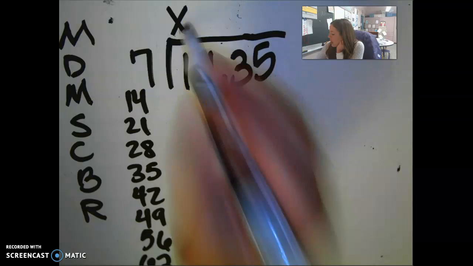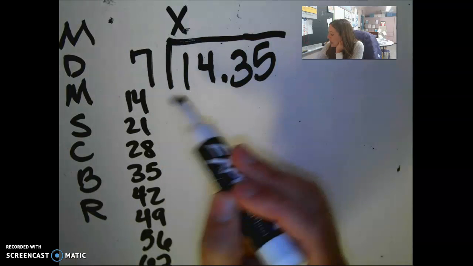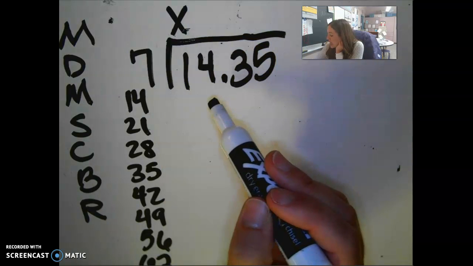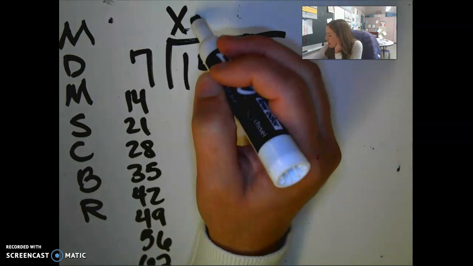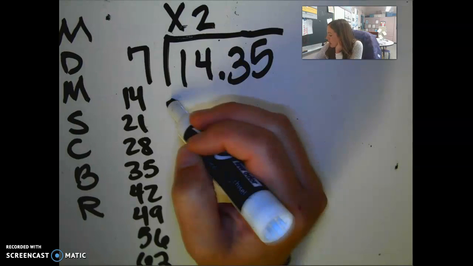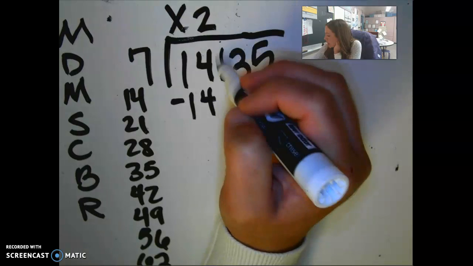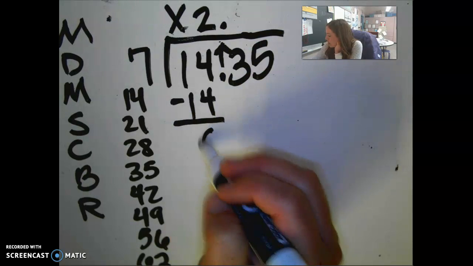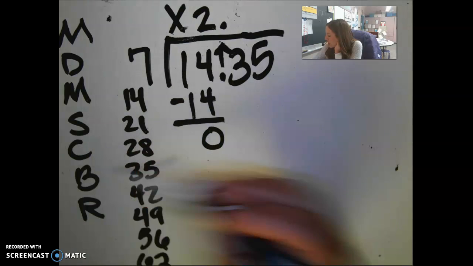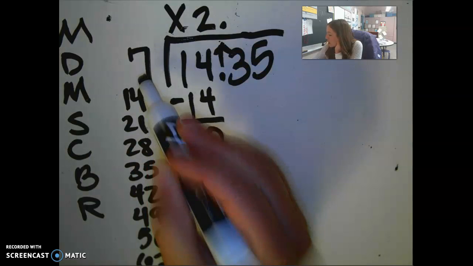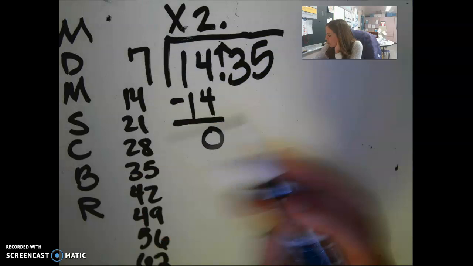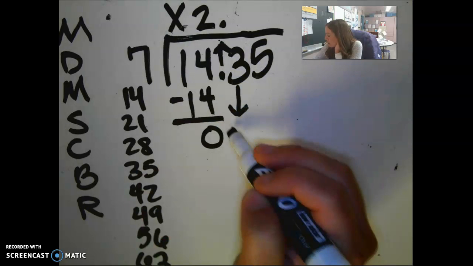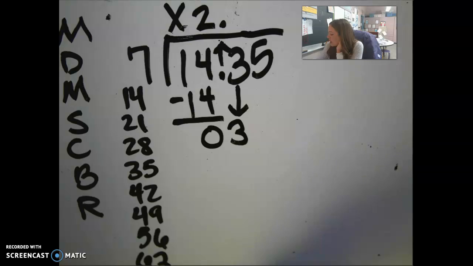So let's move on. 7 can go into 14 2 times. And I need to be sure and bring my decimal up. Okay, so I've subtracted, I check. 0 is less than 7, so I can bring down. Okay, so right here,